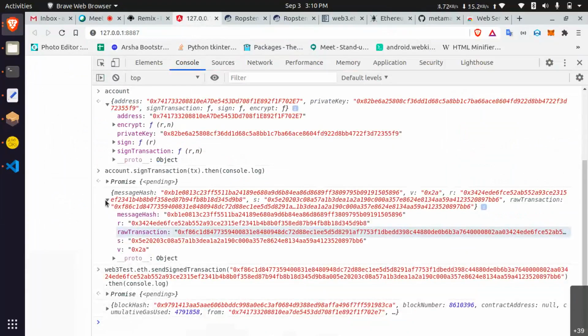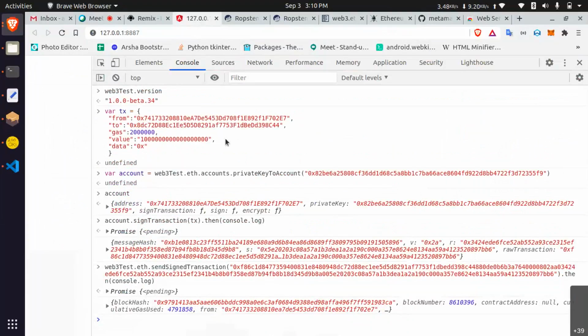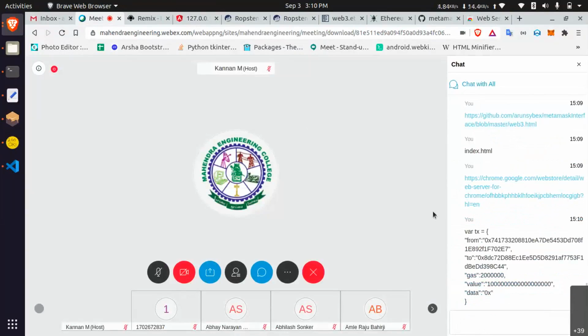Take 10 minutes for executing by yourself, just transferring one account to another account. Okay, if you need this data, I will transfer. Just replace the from address and to address, then play with it. Play with it by yourself.